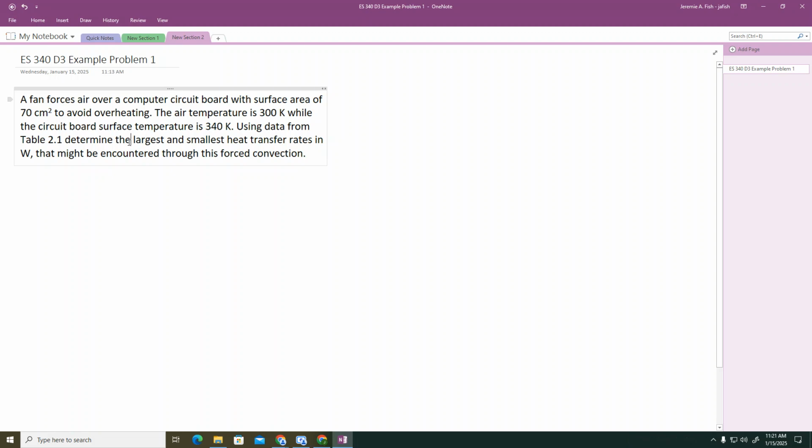The air temperature is 300 Kelvin, while the circuit board surface temperature is 340 Kelvin. Using data from table 2.1, determine the largest and smallest heat transfer rates in watts that might be encountered through